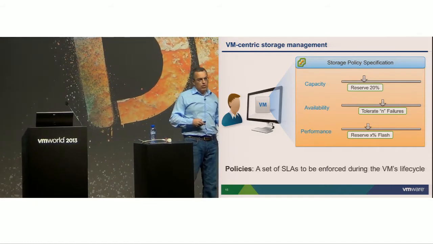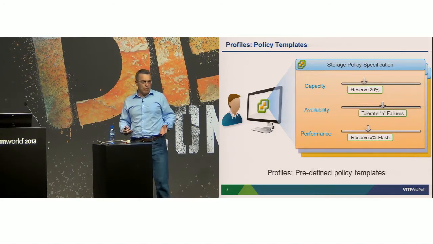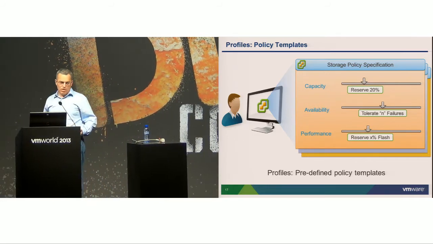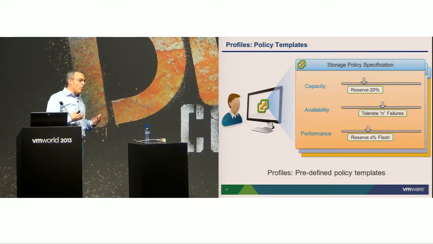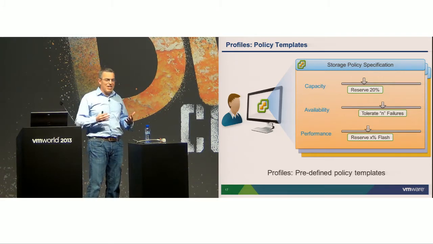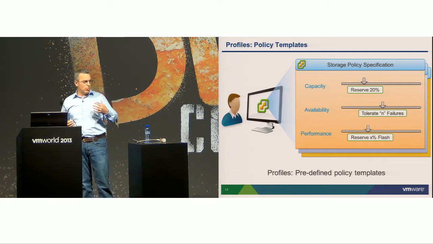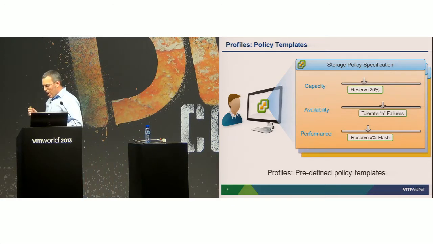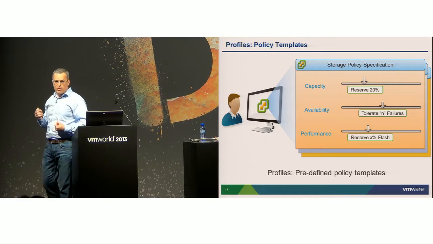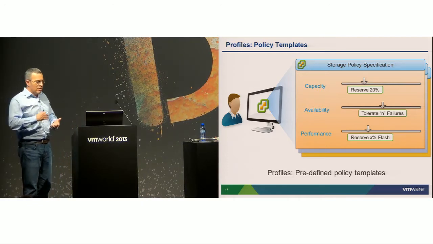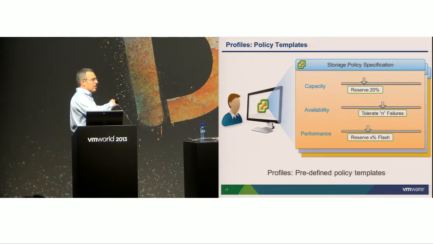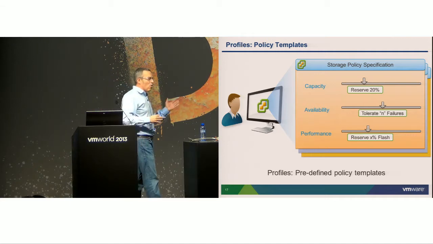Now, you tell me, if I have thousands of VMs to provision, do I have to specify a list of policies for every single one of them? No, this is not very scalable. So what we have done is we're providing a wizard through which somebody, typically an administrator that is aware of storage properties and the workload characteristics of applications, can go and create a number of templates. We call them policy profiles, storage policy profiles, that capture a set of those policies that are applicable for a certain application, for certain classes of VMs, and give them names like gold or silver, or perhaps